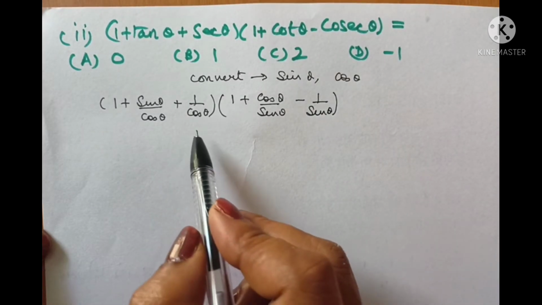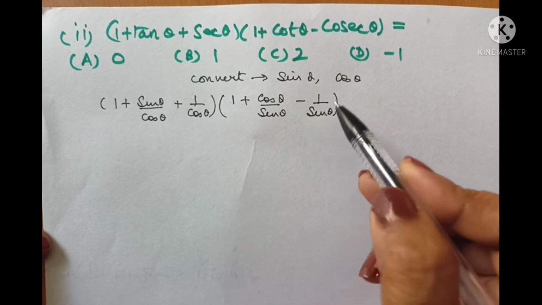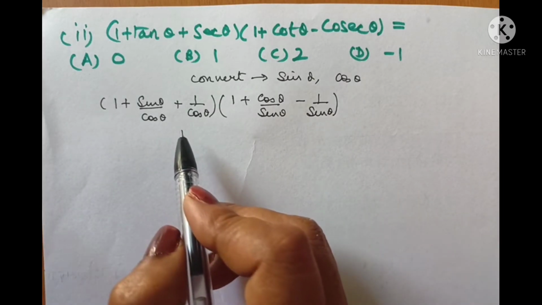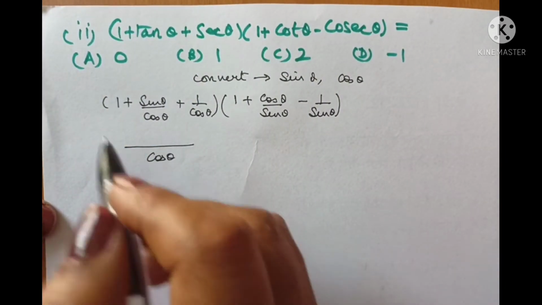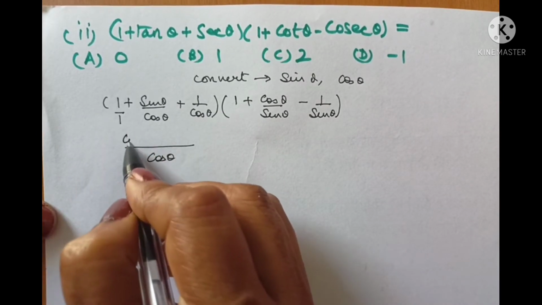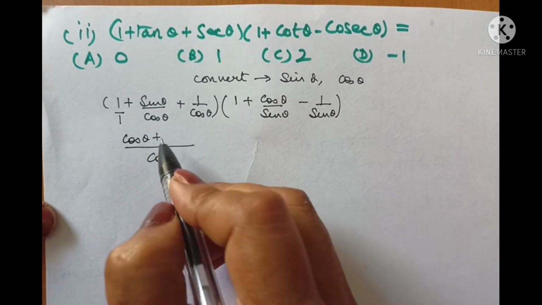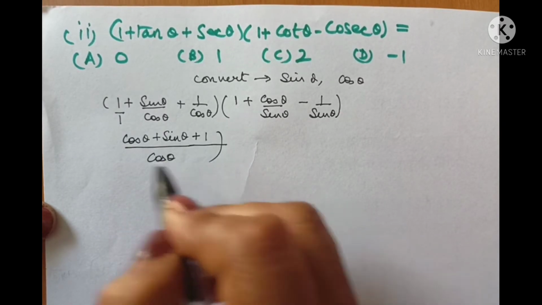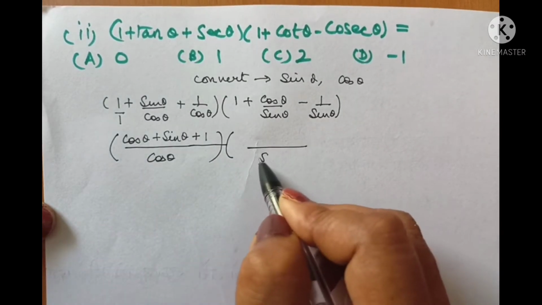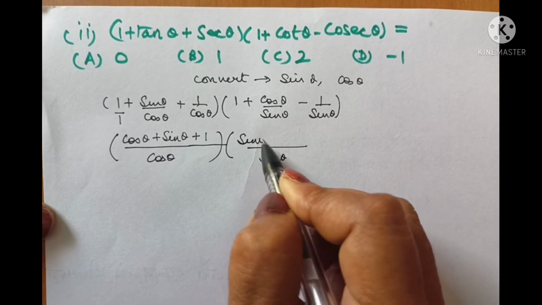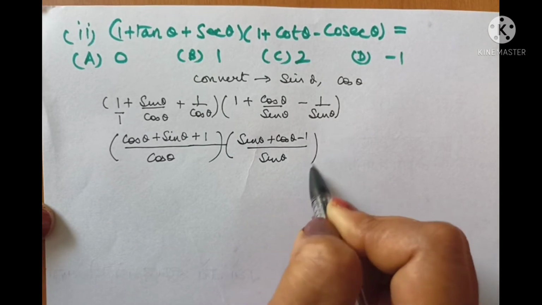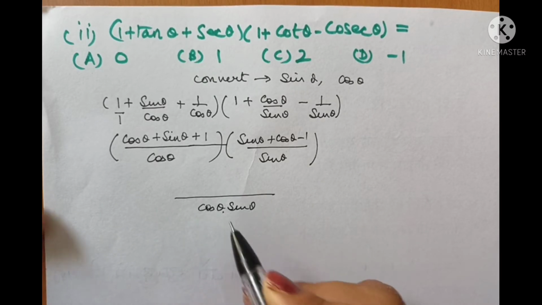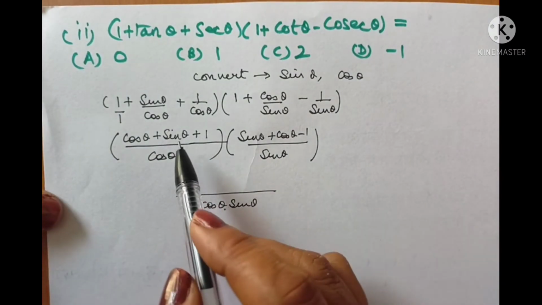Now what can you do in the next step? This first step will only tell you about the next step. See, what can you do? You can only take the LCM. There is nothing else that we can do. So cos theta is the LCM. Now here the denominator is 1, so it will be multiplied by cos theta. Here the denominator is cos theta only, so it will not be multiplied by any number. Sin theta as it is and 1 as it is. So this gives me my first bracket. In the second bracket, sin theta is the LCM. I get sin theta plus cos theta minus 1. Now, in the denominator you get cos theta into sin theta, but in the numerator you need to multiply these two.